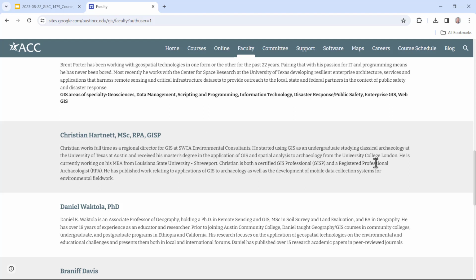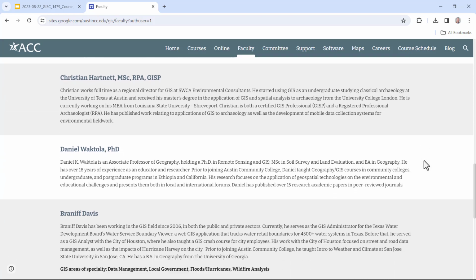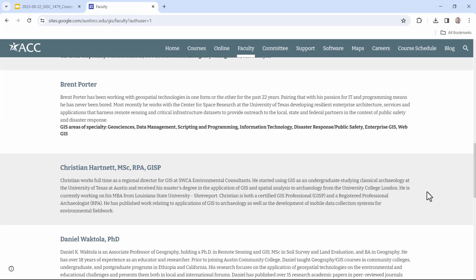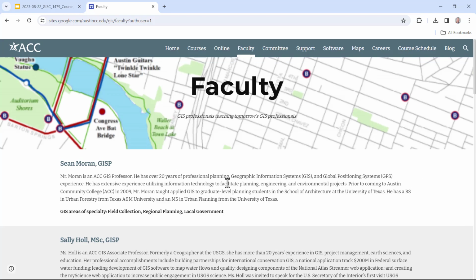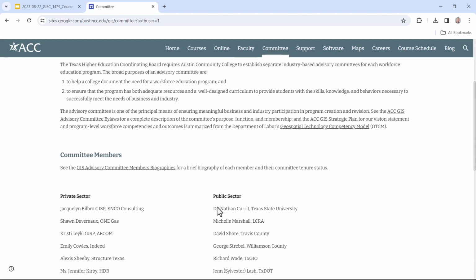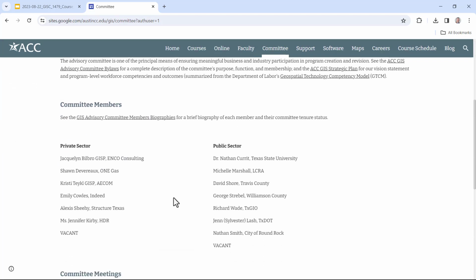So we have a lot of good connections, and the way that you build those connections is to do well in these courses so that you can ask for those references and get them to recommend you or link you with other employers. We also have a committee that advises our program and makes sure that all of the curriculum we're teaching is in line with what employers are seeking in entry-level and advanced GIS professionals. That's the current